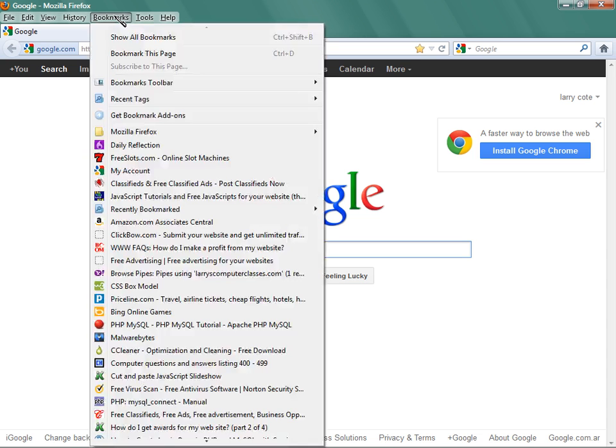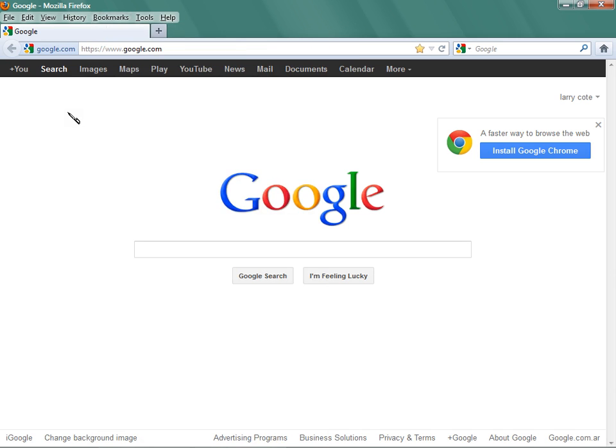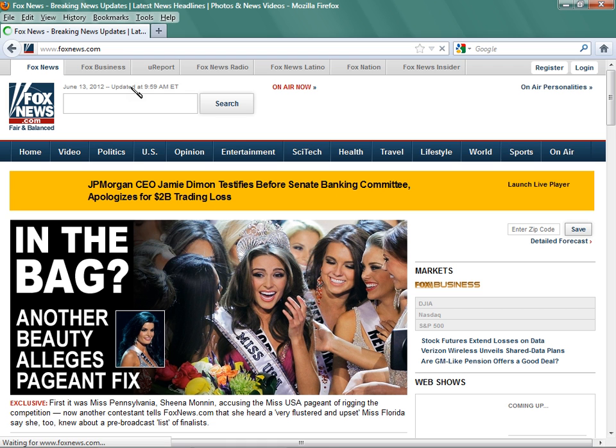Bookmarks. Bookmarks, if you use Internet Explorer at all, Internet Explorer uses favorites. There's a little button over here on the top that you can click on where you save your favorites. If you go to a web page, you can go to say foxnews.com, and when it loads,